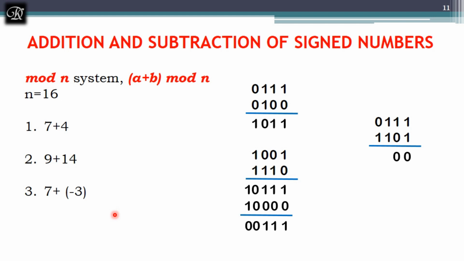Next, let's see how to find the answer for 7 plus negative 3. As I said, whenever you are going to get a negative version of a given number, your job is to find the 2's complement of the number. When you are finding the 2's complement of the number, you first have to remember. So if I write 3 initially, first I will write 7. 7 is 0, 1, 1, 1. Why did I add 0 here? Because it's a sign bit.